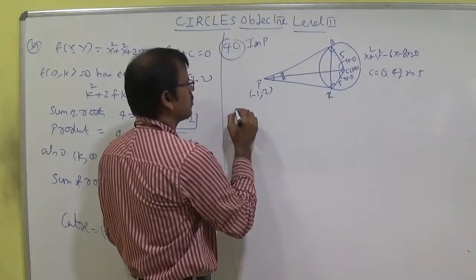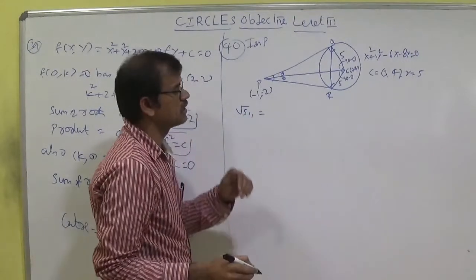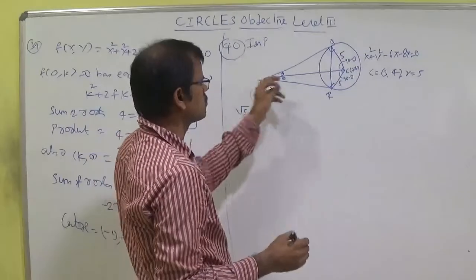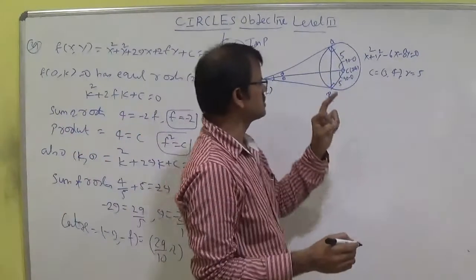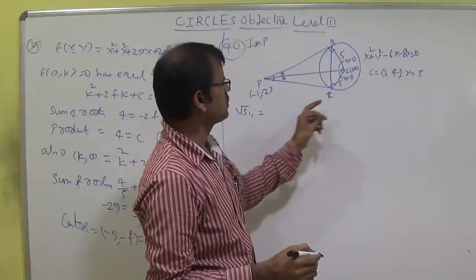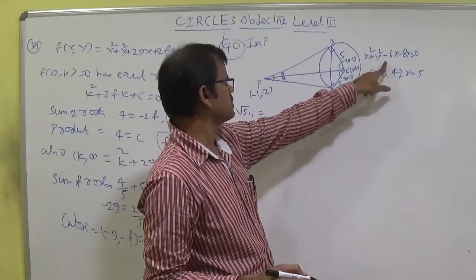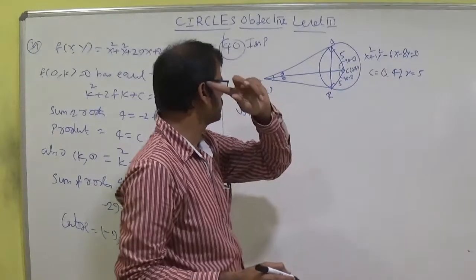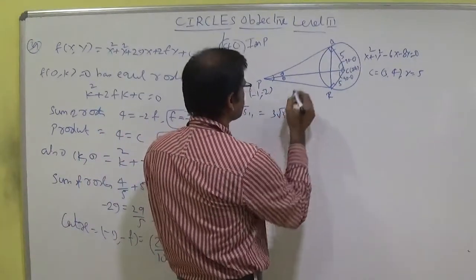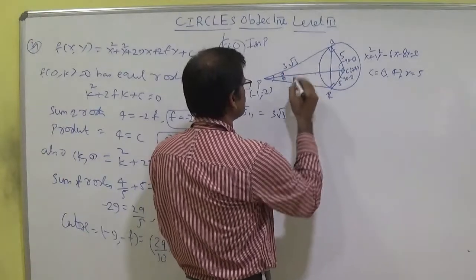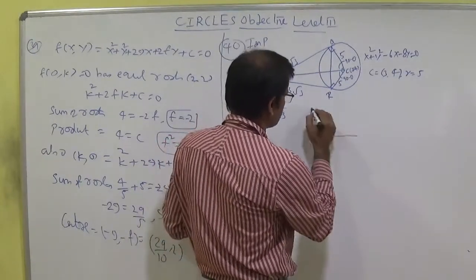Let us think about root S11. Tangent concept, root S11, so PQ we may get. What he is asking here, this angle he is asking. Okay, let us discuss root S11. For S1, substitute here: 1 plus 4 is 5, 5 plus 6 is 11, 11 plus 16 is 27. So root S11 you can write here as 3 root 3. Draw the rough diagram.